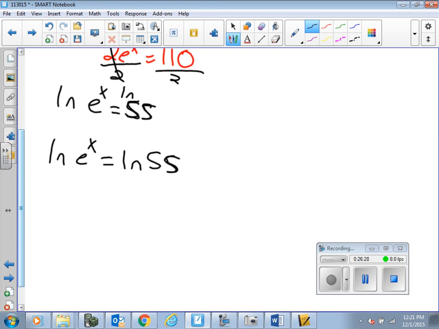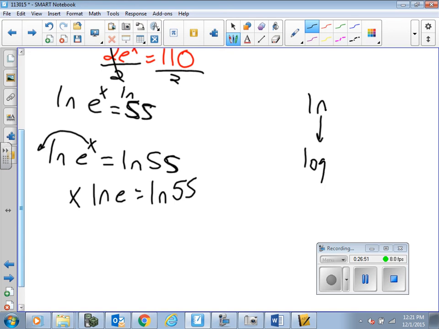Now, what can I do with the exponent? Yep, we can bring it down. So now I have x times the natural log of e equals the natural log of 55. Remember, natural log is the same as log base e. So if I have log base e of e,